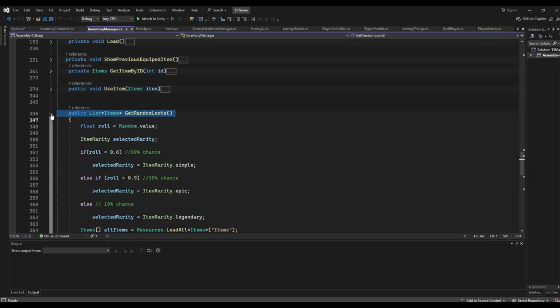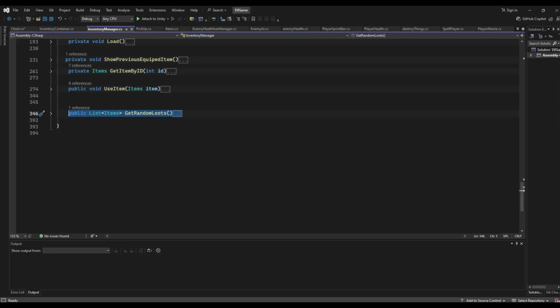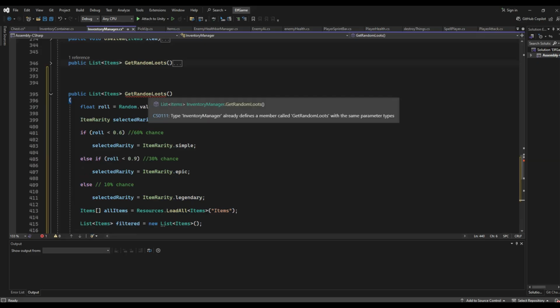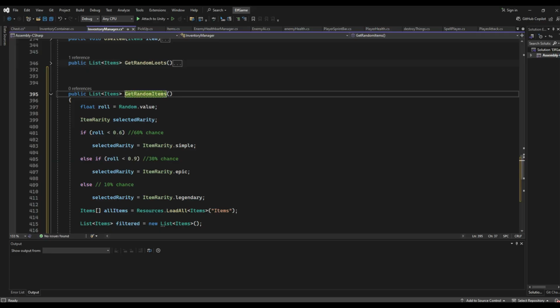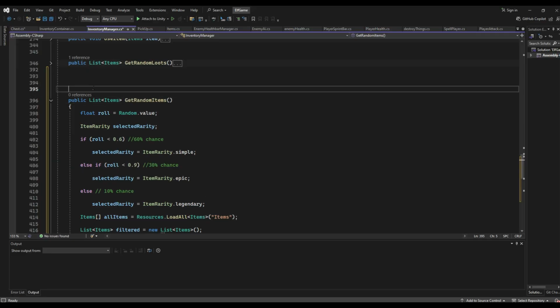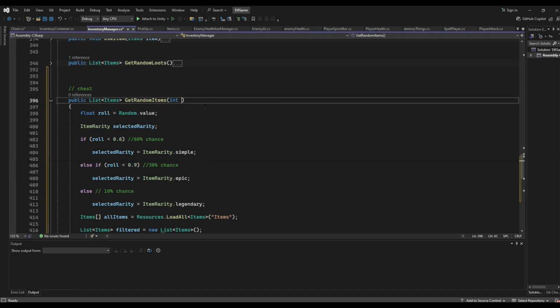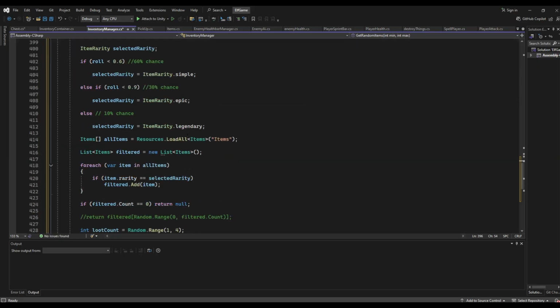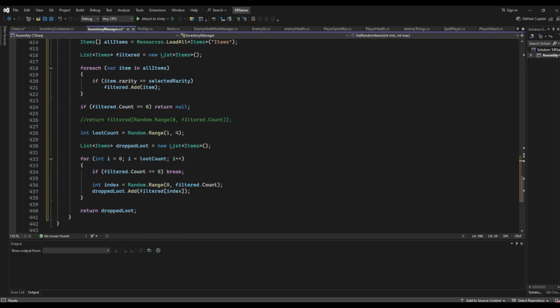So let me copy that and paste it here and say get random items, which is for the chest. And here we have int min and int max. And then here we delete that and int